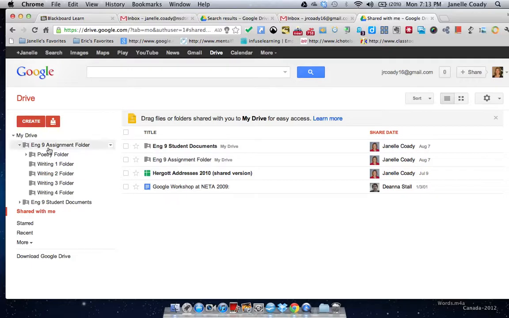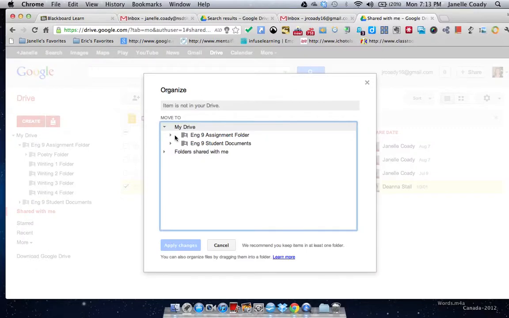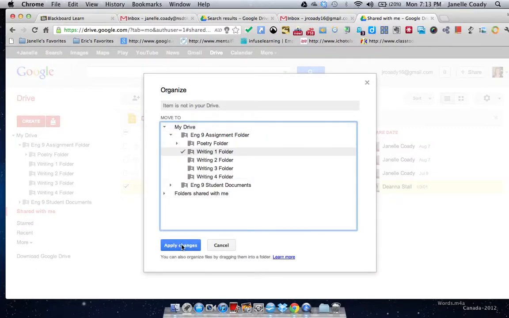Underneath that folder are several subfolders that I've created, and I might create more as the year goes on. But you can see here, Writing 1 folder is there, and that's where you're going to turn in your assignment for this first quarter that you're working on. So for instance, if this was that assignment, it's not, it's just an example, I would then either drag it to that folder, or once again, to make sure it gets to that proper location, I could hit organize and say I want it to go to the Writing 1 folder, hit apply changes,